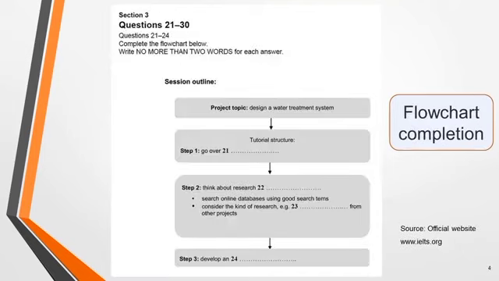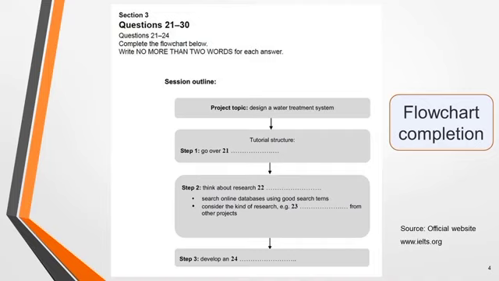Flowchart completion questions, on the other hand, show the steps of a process. The process will have a start and an end, with several steps in between. It could be about almost anything that can be broken down into stages. For example, the outline of a lecture or essay, an application process, the stages of a training course, or a short manufacturing process. The graphic in this sample question shows the 3 stages of a project to design a water